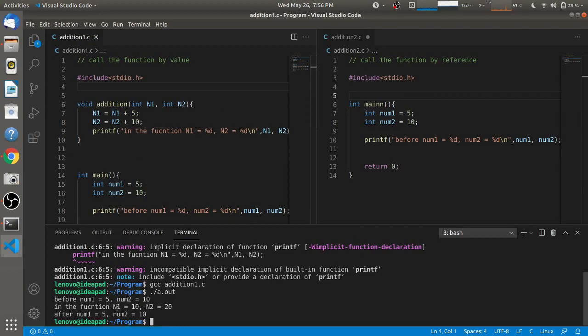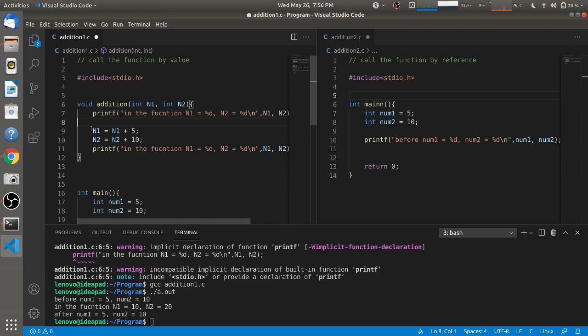So you will see that n1 is equal to 10 and n2 is equal to 20, but the values which are getting modified are in the function only. So don't get confused, but the values which came in the function are 5 and 10 only, but they are getting modified after these two lines.